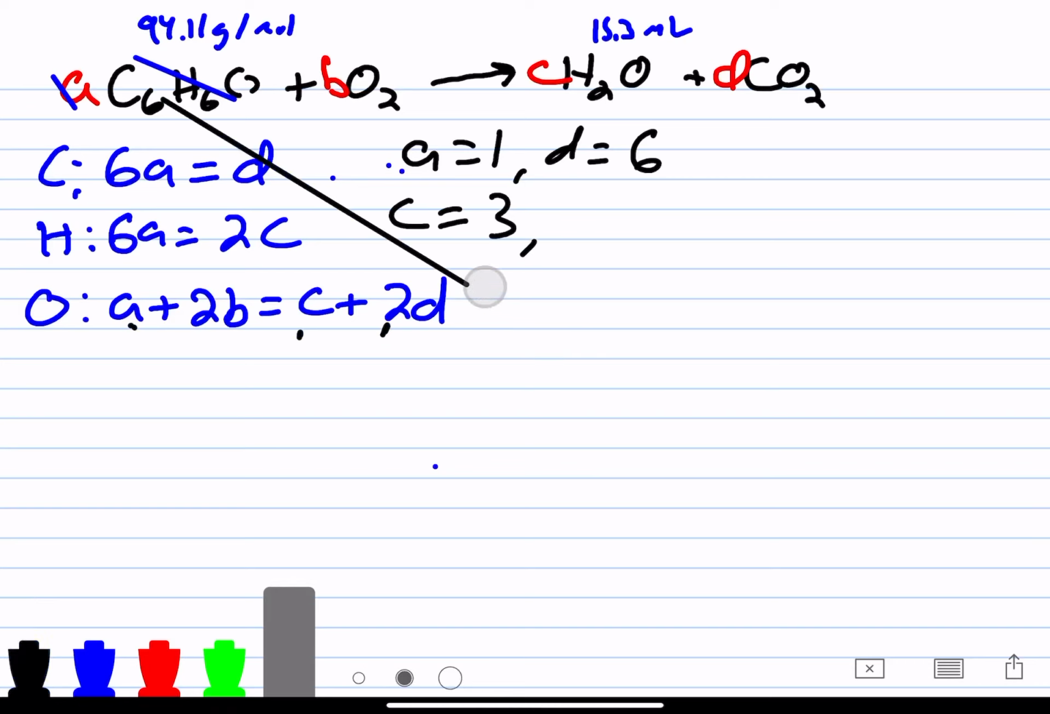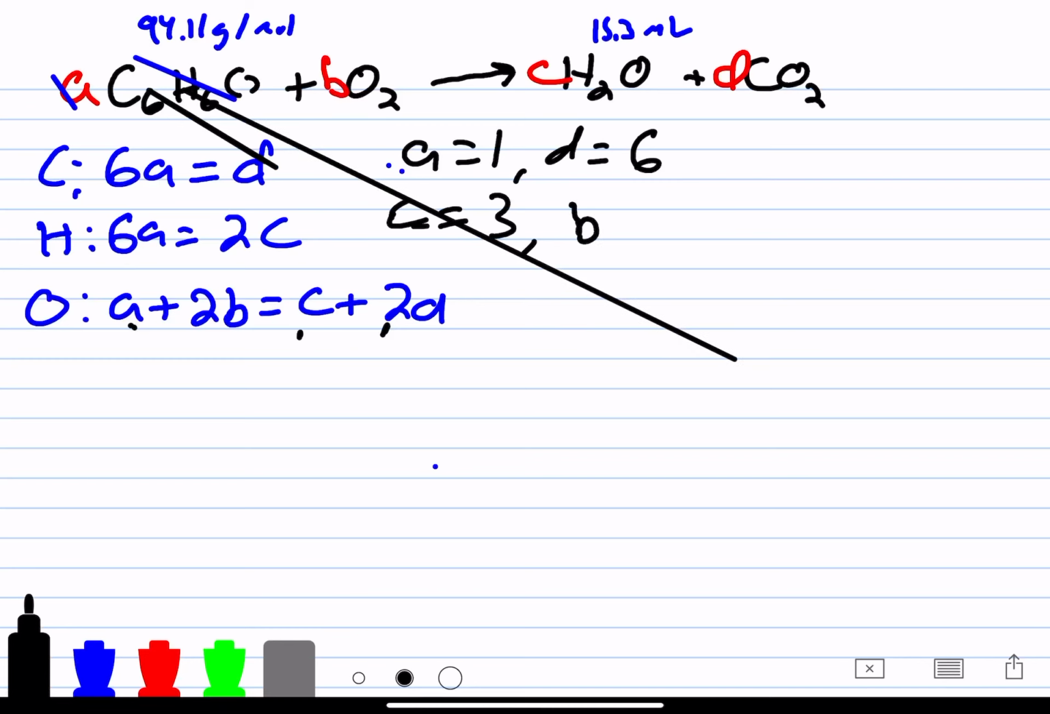And it turns out that B, sorry, I don't know why it keeps doing that. Turns out that B is equal to 7. Okay, so now that we have our balanced chemical equation, we can find out how many grams of phenol we